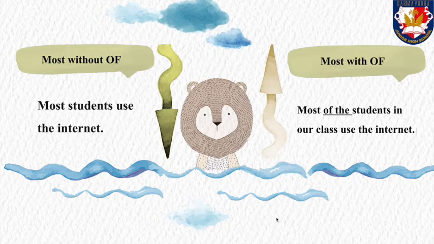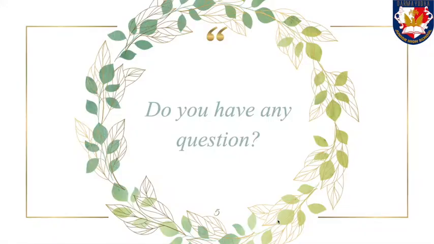Now, after you see these two sentences, can you find any differences? Yes, you were right. We can put of after most when you put the article the. You can see on the right side. So, when you use the in your sentence, you must put of after most. While when you don't use the, you may not use of. Any question? If no,